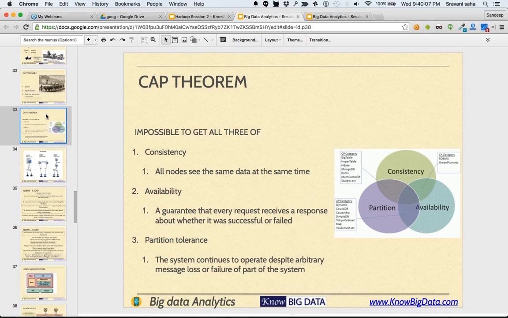Second, availability. How many requests, how many TPS can your server respond to without failing to give the response? And when I say response, the response can be an error or a success, but the request needs to be catered to. That's what I meant by the request: a guarantee that the maximum number of requests gets a response.